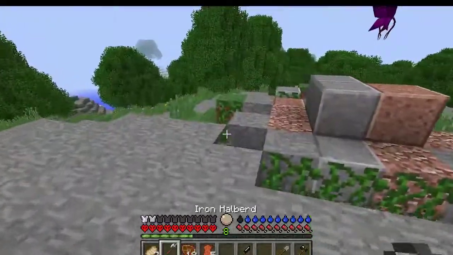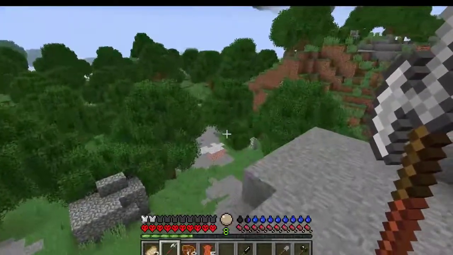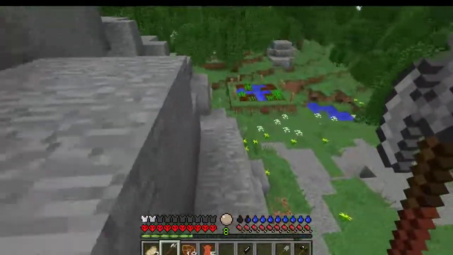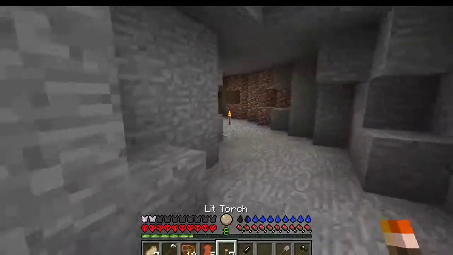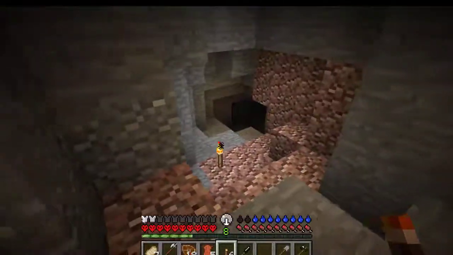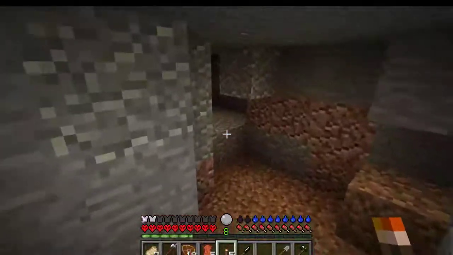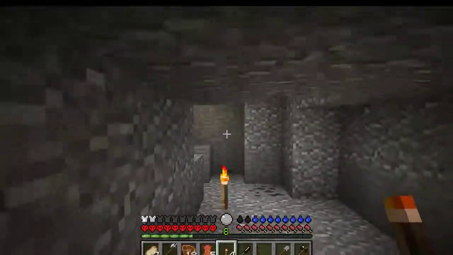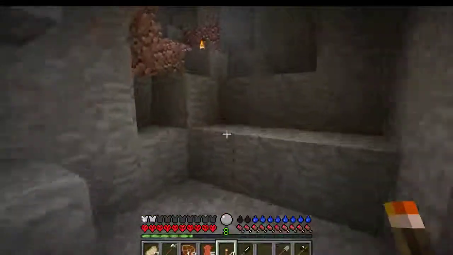First we'll show off the Halberd, if I find anything to show it off on. Here, I'll do it for you guys. You've got to be kidding. There's nothing down here. Ooh. There's really nothing down here. Okay. Well,